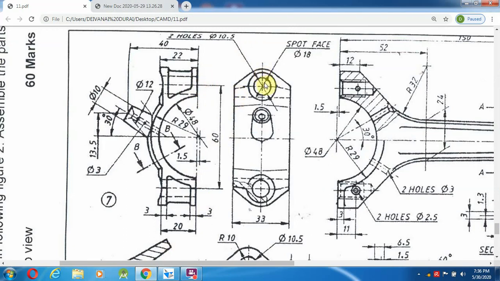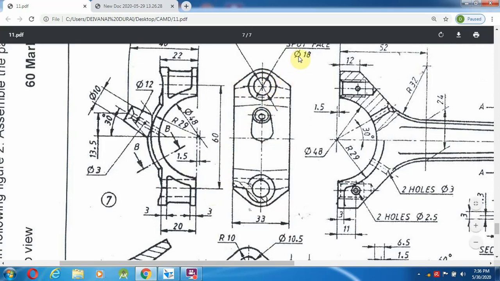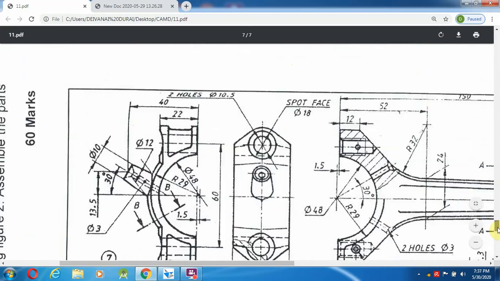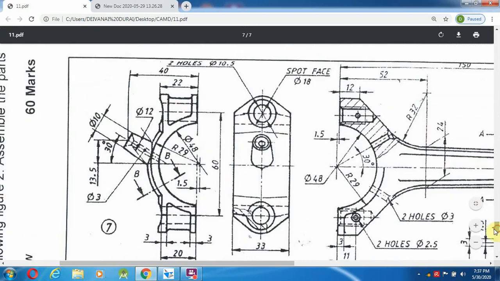So same like 60 plus 10, 70, so 30 plus 10, 70. So here the diameter by 10.5 as well as radius 18. So the diameter is 18 for the maximum one, smaller one 10.5.